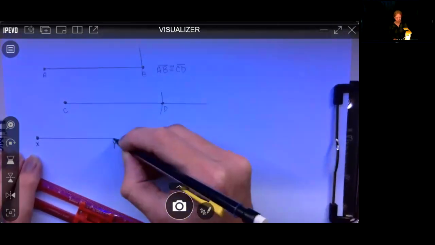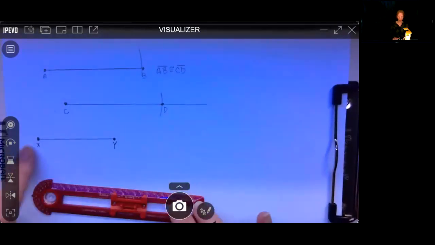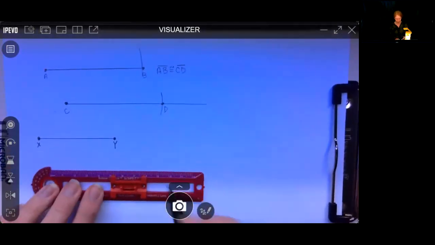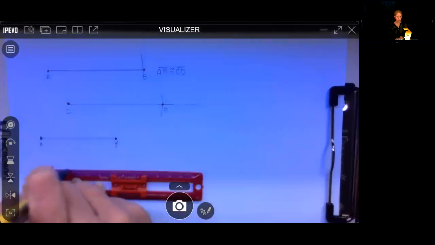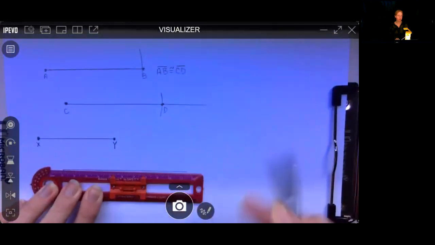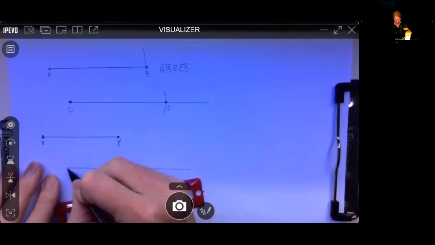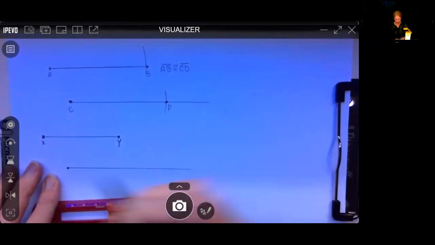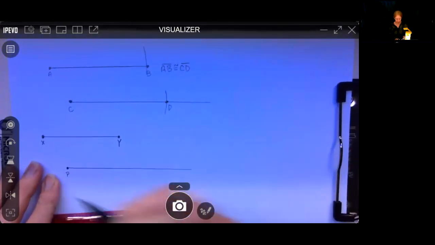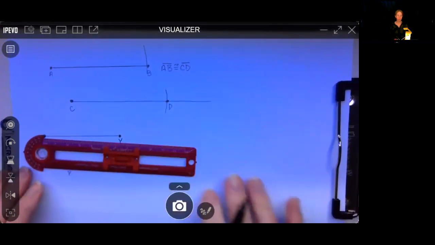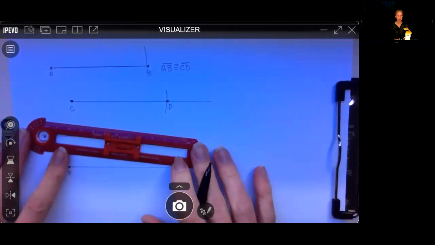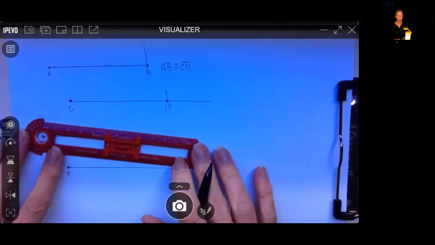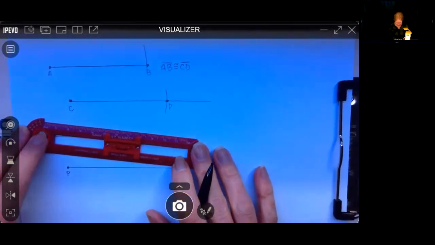And if I wanted to make another line that's congruent to XY, I'm going to come down here. I'm going to draw a longer segment. I'm going to label this, I don't know, I can name it anything. P, sure. Okay, and then just like I did before, I'm going to put this right here on this mark,